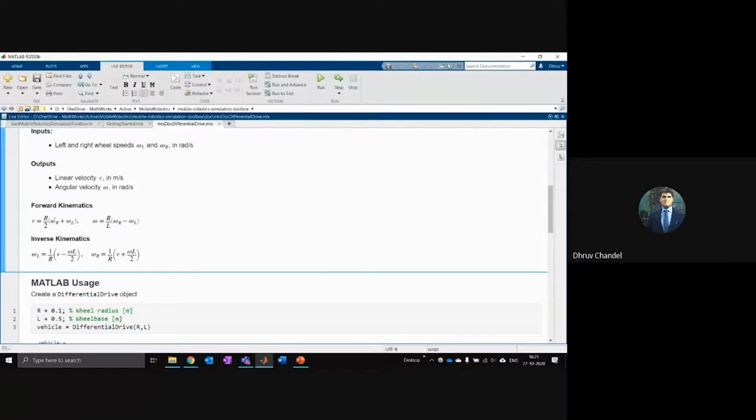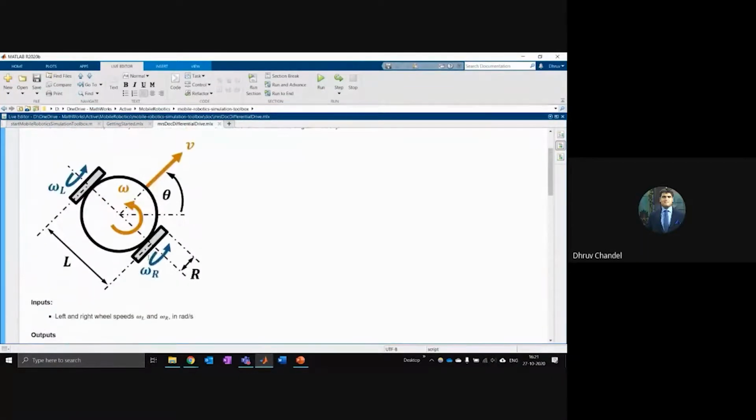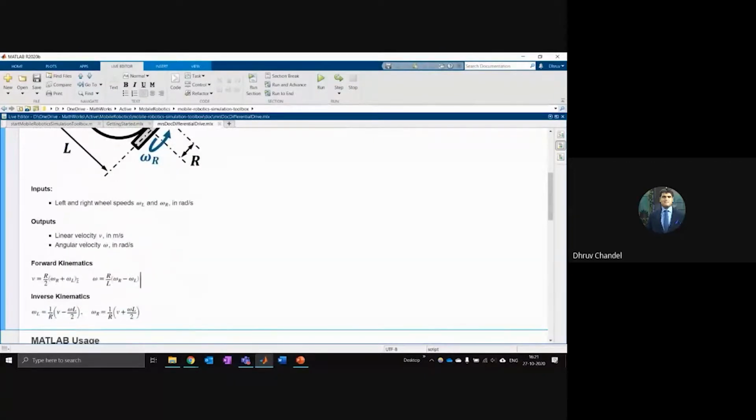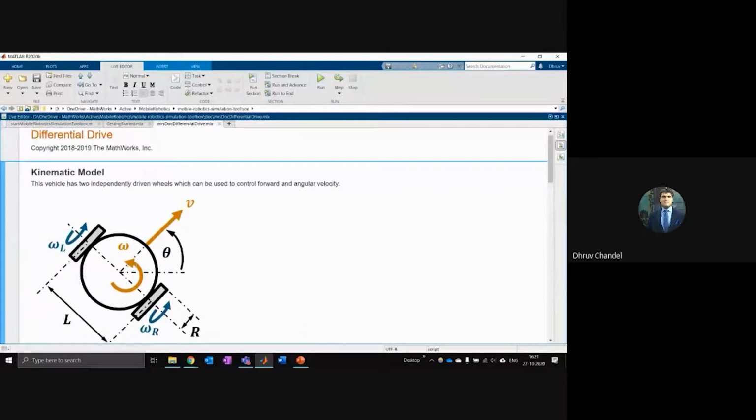If you want to work out the forward kinematics of this robot, let's say the radius of the wheel is r. Let's say this one is spinning at omega r, this one is spinning at omega l. You add up both of these velocities multiplied by the radius, and you take the average of them, and that will give you the forward velocity. Very, very easy stuff, right?